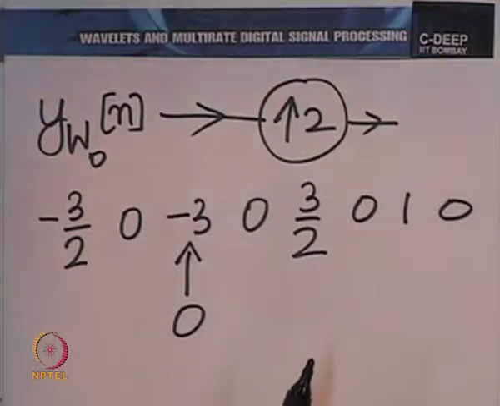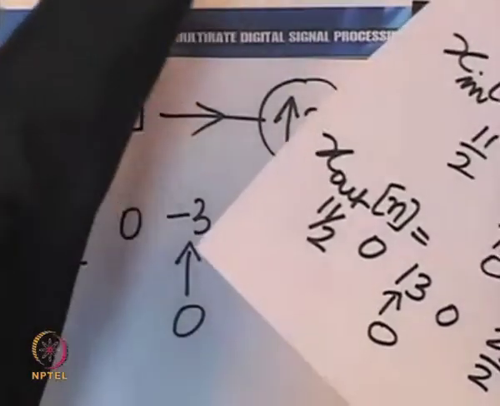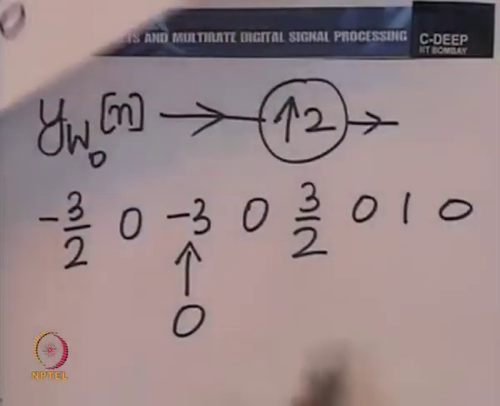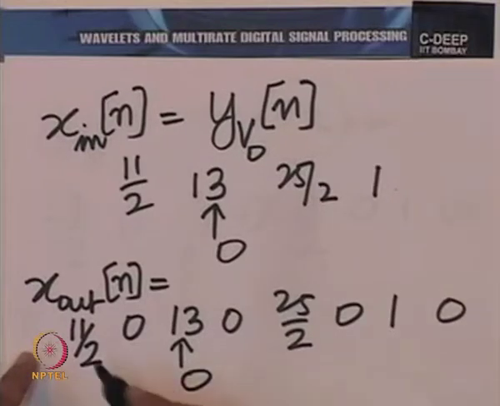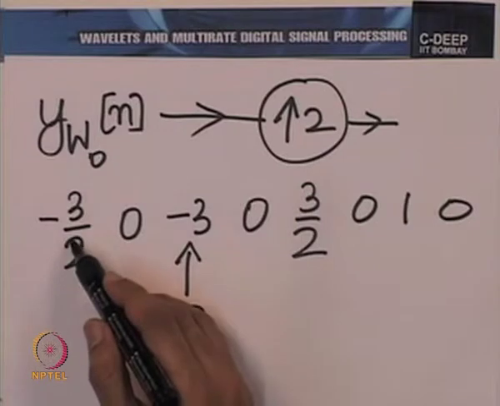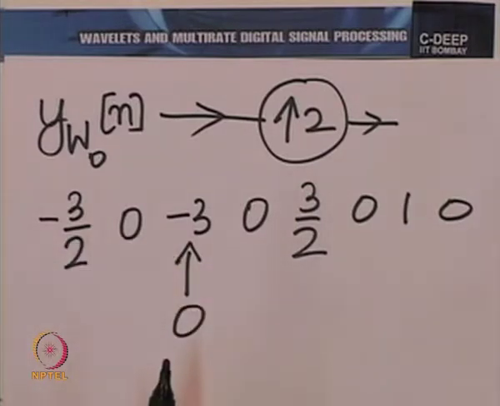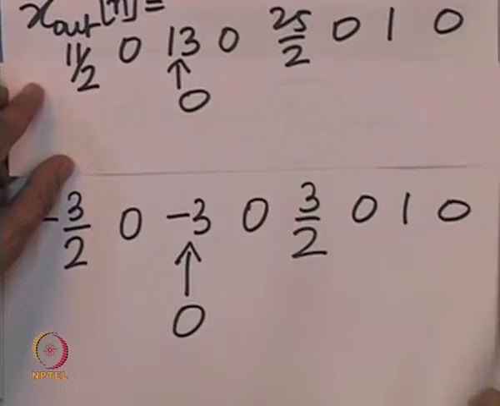Now, how would we get the piecewise constant values from these two sequences? Well, let us take the example of the first two values here. The first value in the upsampled sequence of V0 is 11 by 2. So, 11 by 2 and 0, and minus 3 by 2 and 0. So, if we simply added them, let me put them together for reference,